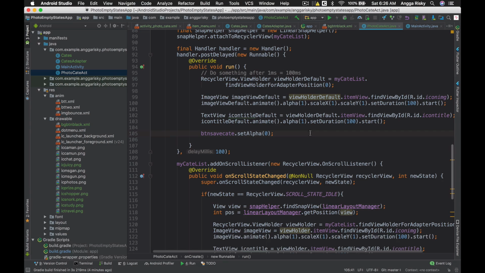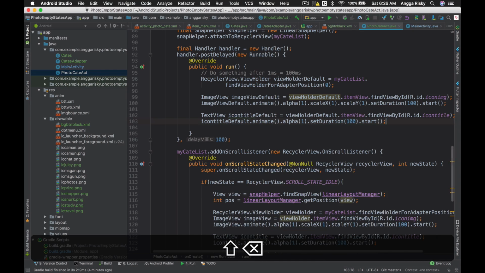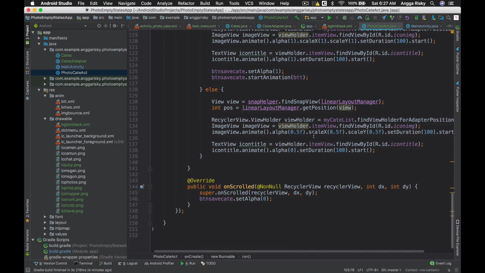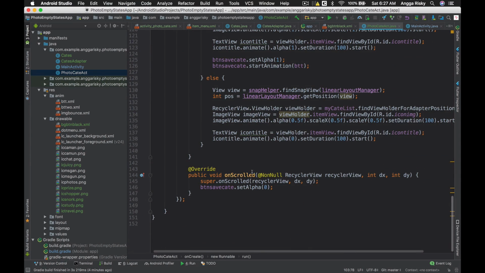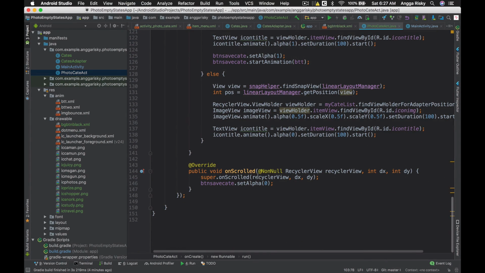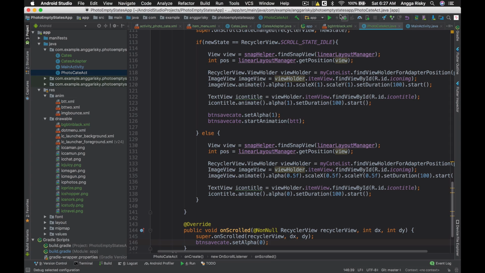No, I'm sorry, I was wrong. Actually we don't have to do that, so just leave it. But after the scroll has changed, we have to give alpha 1, and whenever it is scrolled, we have to give alpha 0. Okay, let's go ahead and try it in the emulator.